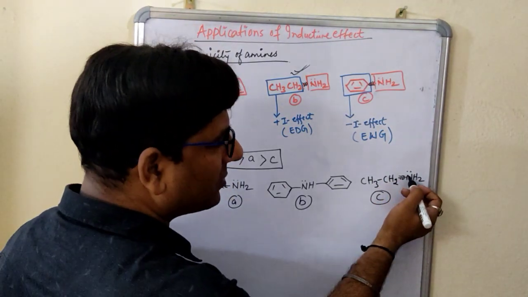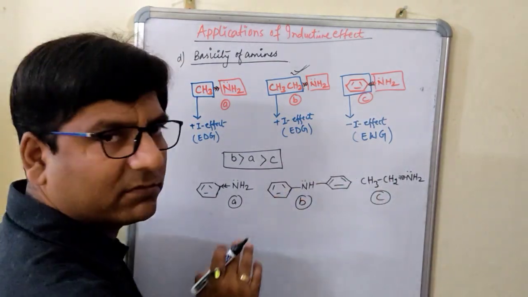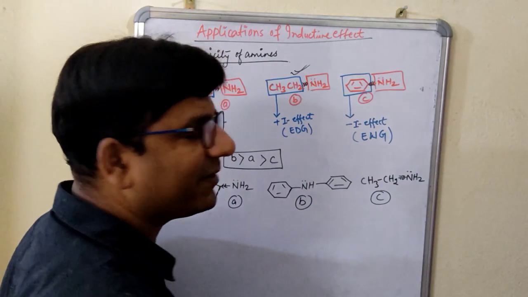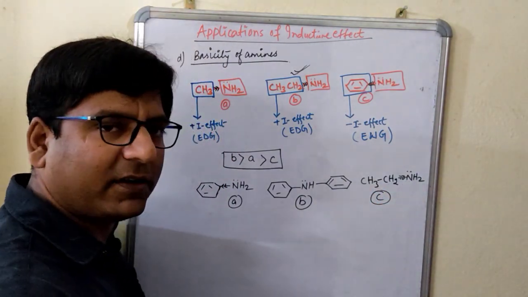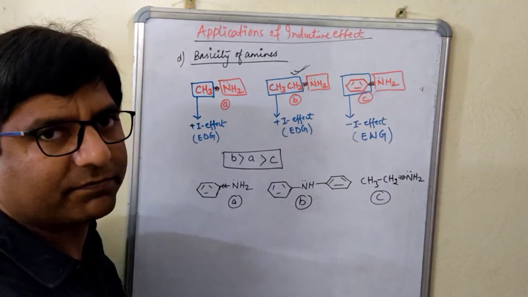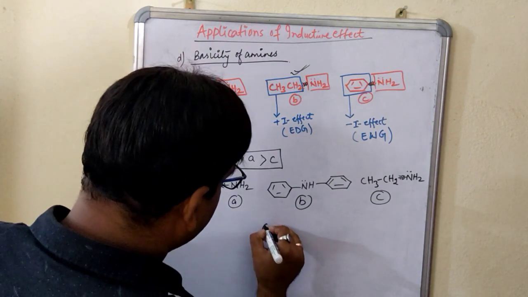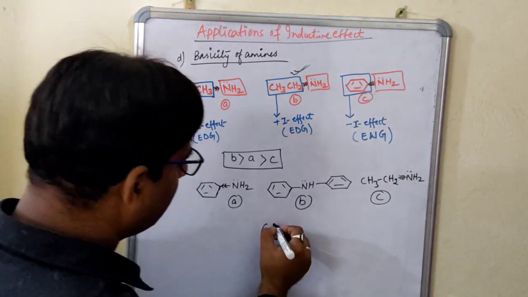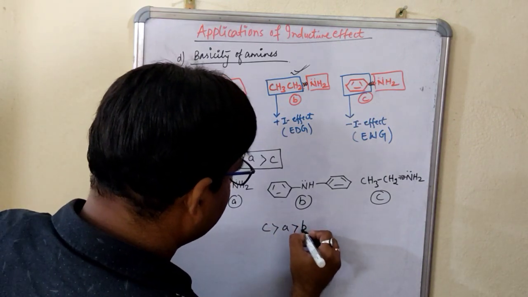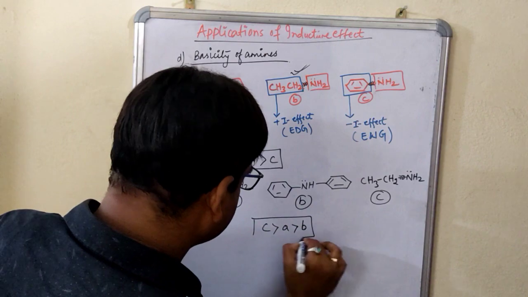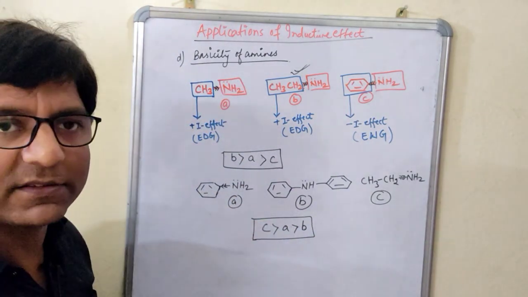There is the presence of lone pair also. Lone pair also has not gone anywhere. Okay, it has not been pulled. Now, further the electrons have been given to this nitrogen, means the electron density on this nitrogen will be the highest. Clear? Now, if you have to arrange it, C will be what? C will be the highest, much more basic. Then comes A, and at last is B. This is the order. So based on the plus I and the minus I, you have given this answer.